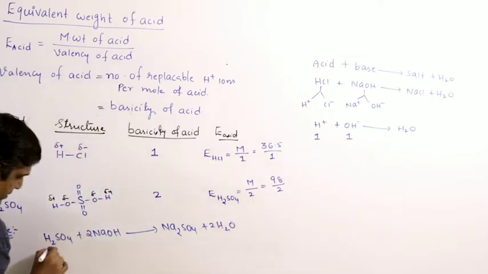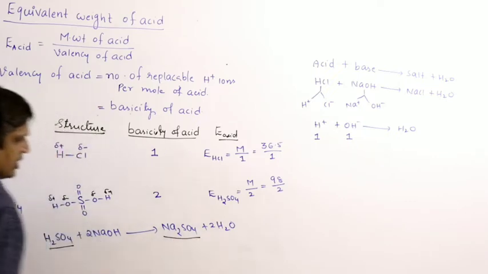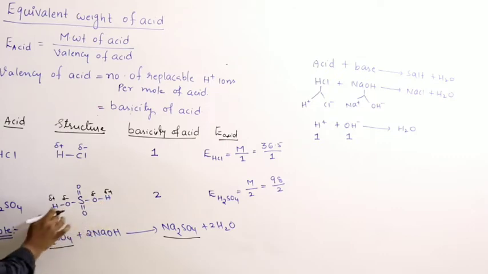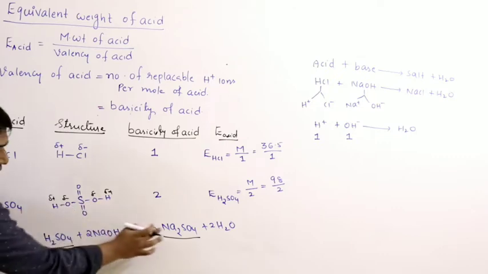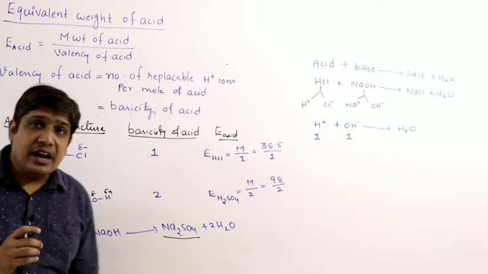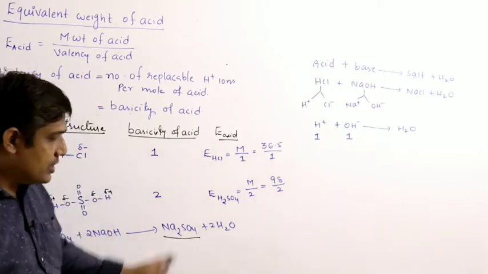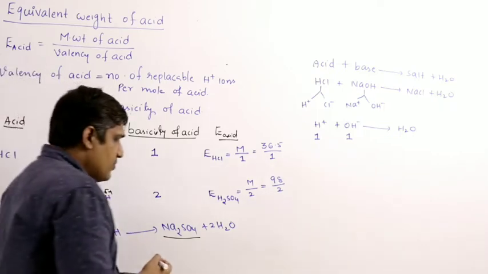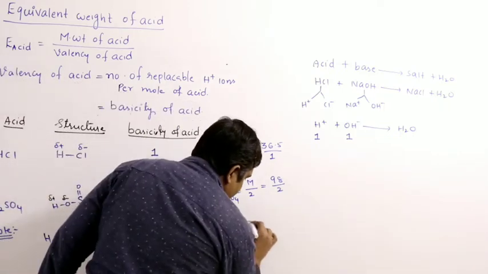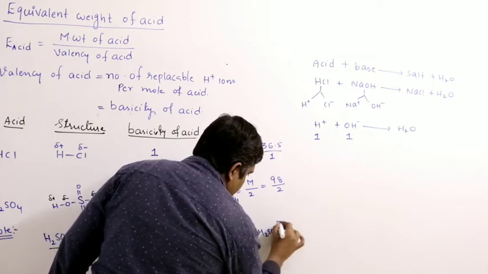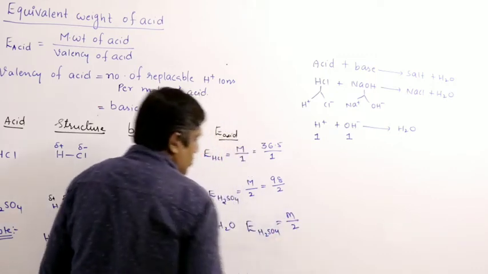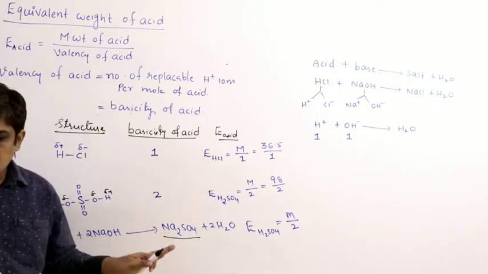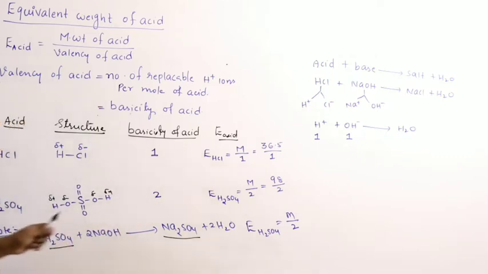Now, see this H2SO4, it is converted to Na2SO4. How many acidic hydrogens does it have? 2 acidic hydrogens. From this formula, we can say that it possesses 2 acidic hydrogens. In the product, does it contain any acidic hydrogens? No. It is a neutral salt, no acidic hydrogens. That means all acidic hydrogens are removed. Therefore, its equivalent weight in this reaction is molecular weight by 2, because 2 acidic hydrogens are present in the reactant, all of them are removed. So 2 is the valency or basicity of the acid.